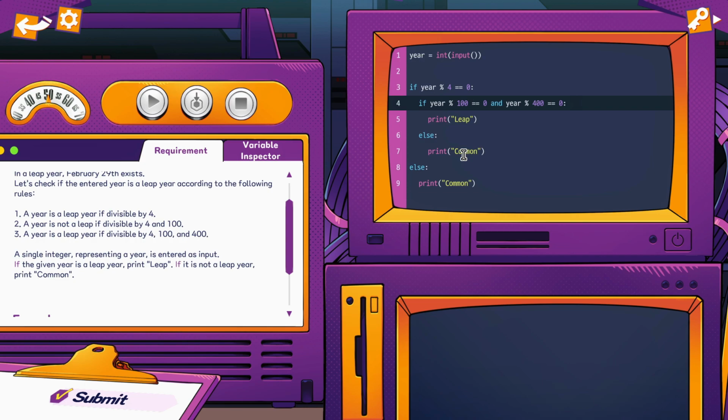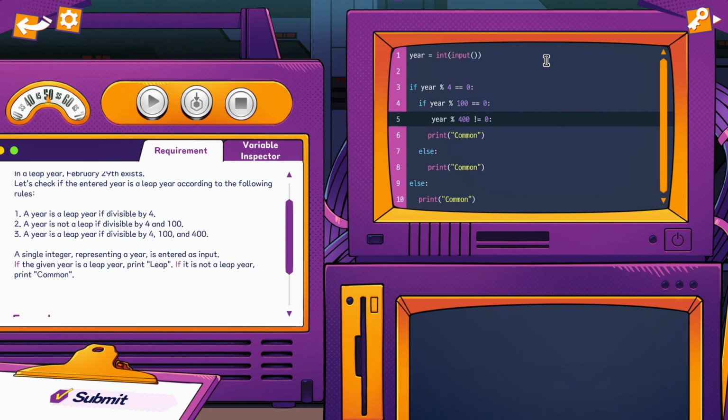How could I do that quickly? I can try to check all the conditions here. Let's say that the year is divisible by 4, it is divisible by 100, but it is not divisible by 400. And this means that this is a common year. Okay, I wanted a small code, but it doesn't matter. So if the year is not divisible, else